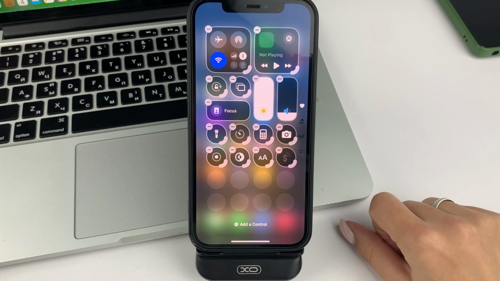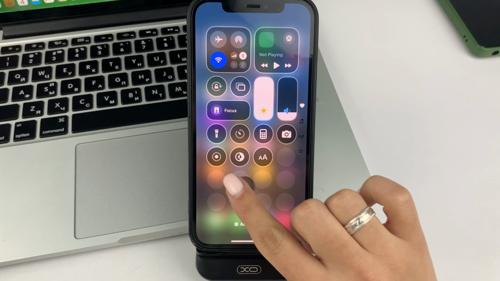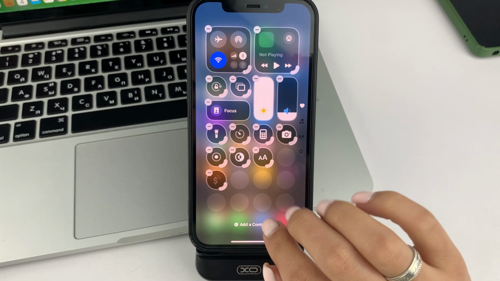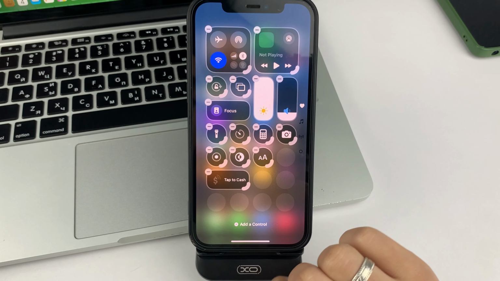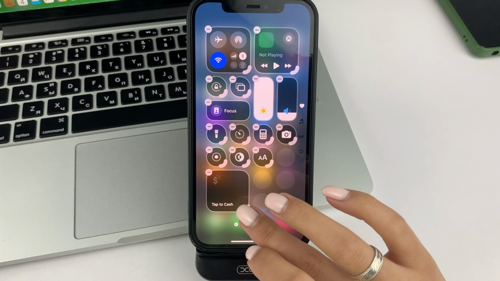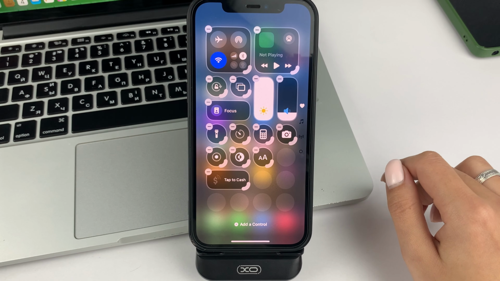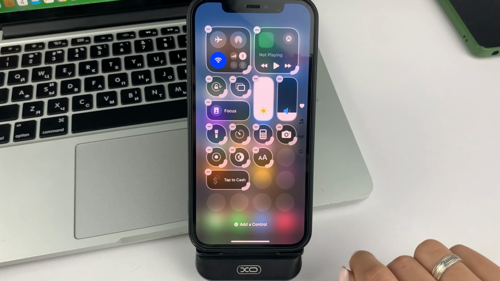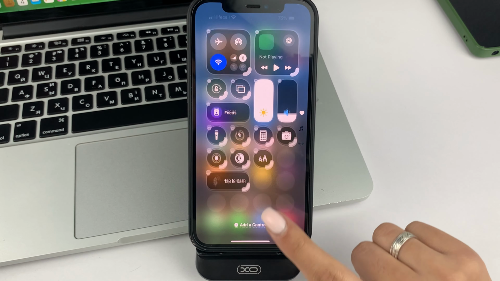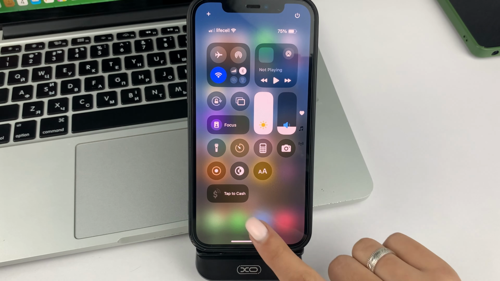And as you can see, it's now added to the control center. But you can also drag and drop it to wherever you want. Also, friends, you can resize this app and leave it as you want. Then, to save the changes you have made, just click on the empty box. And as you can see, this option has been added.